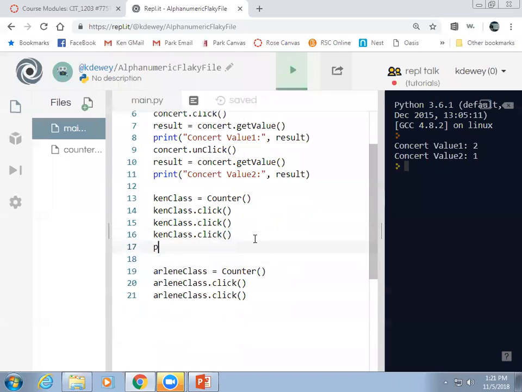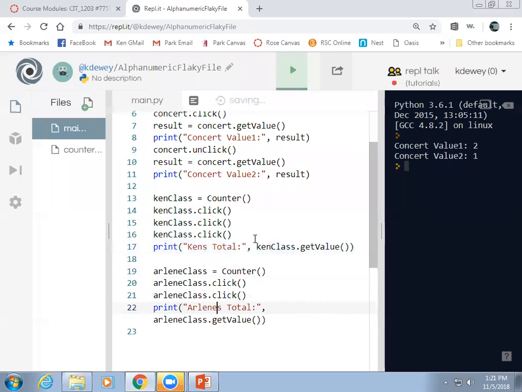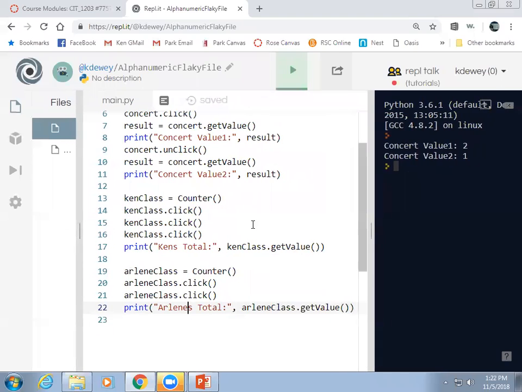Over here, I'm going to say print. Good. Ken's total. And this is